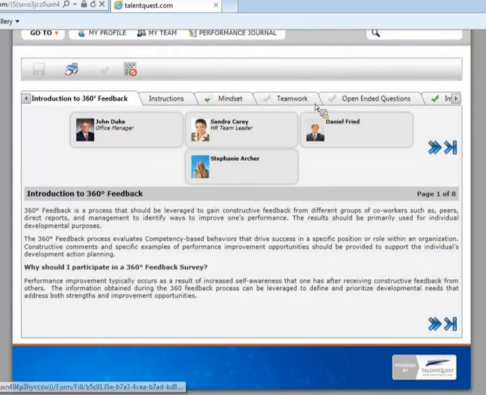The different sections of the survey are identified at the top of this page with tabs. So I can choose to proceed through the survey 1 page at a time using the next button that appears at the top and bottom of every page, or I can go directly to the section that I want. And this visual cue, you see that the check mark next to mindset is partially completed. That's telling me that I've already submitted some responses in this area. In teamwork, where the checkbox is not colored at all, it's telling me that I've not provided any input in these areas yet. So if I go to mindset,